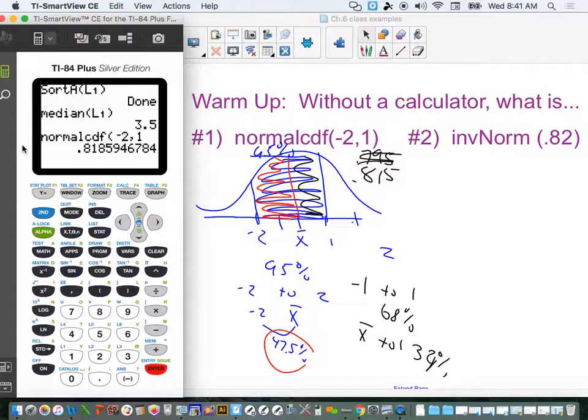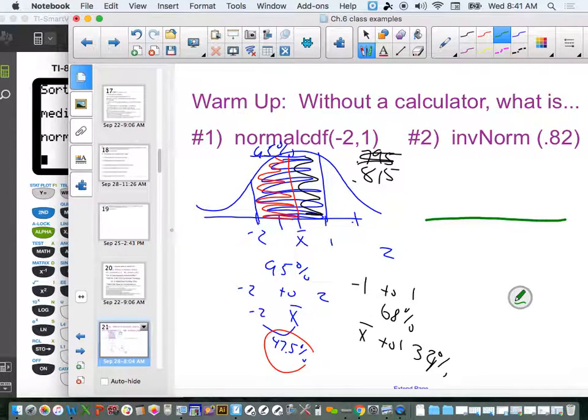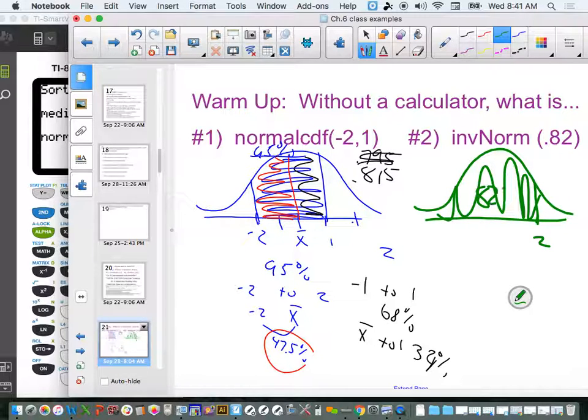to the percent. That's what normal CDF does. So inverse normal is going to go backwards. It's going to go from a percent, and it's going to tell you the area below that point. So the inverse norm of 0.82 is going to tell us where is the z-score where 82% of the data is below